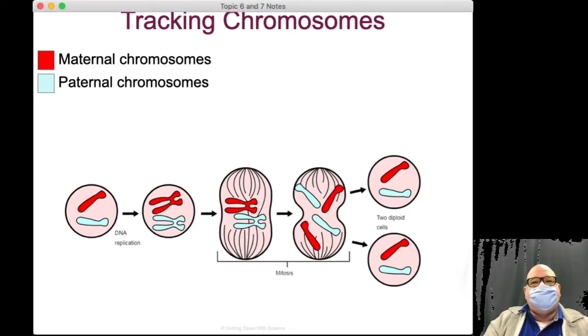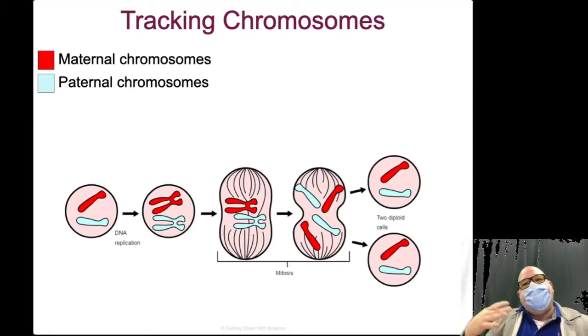So in mitosis, there's a lot of times where you have 4 copies of each gene, okay? But they're going to get segregated out, and you're going to have your mom copy and your dad copy end up in each daughter cell.